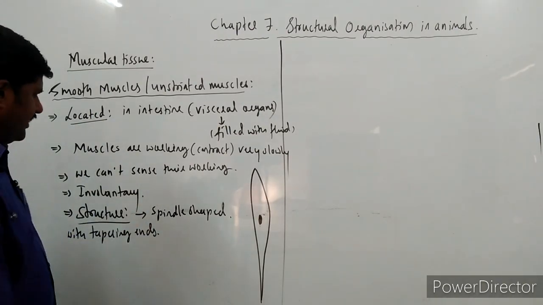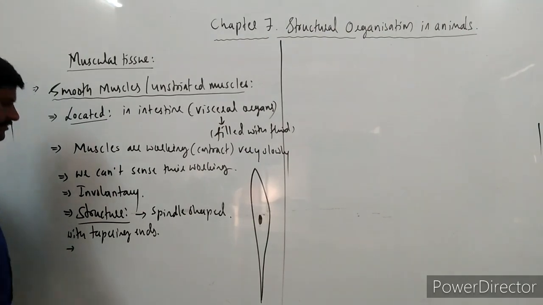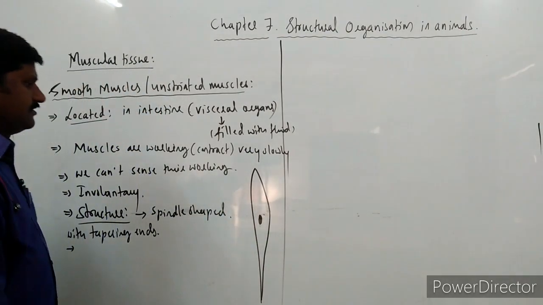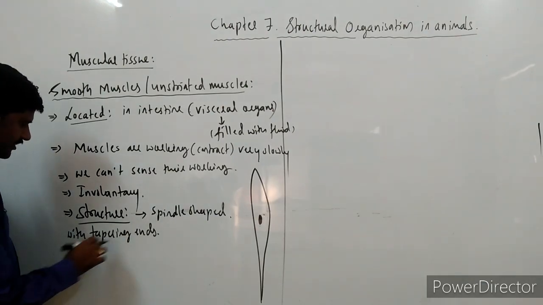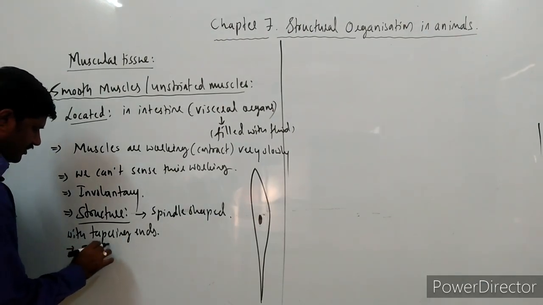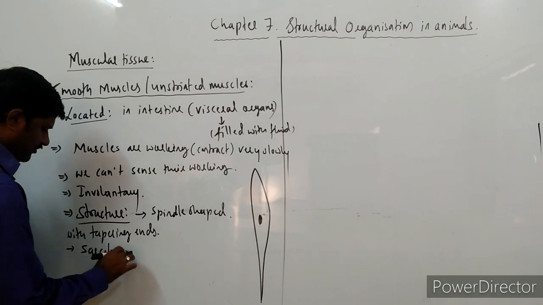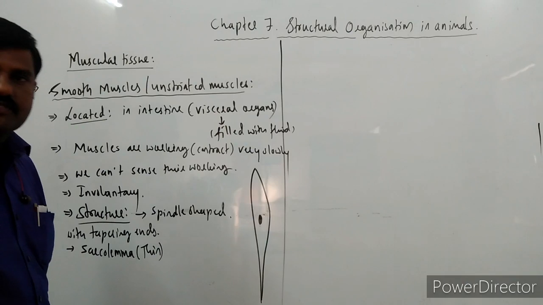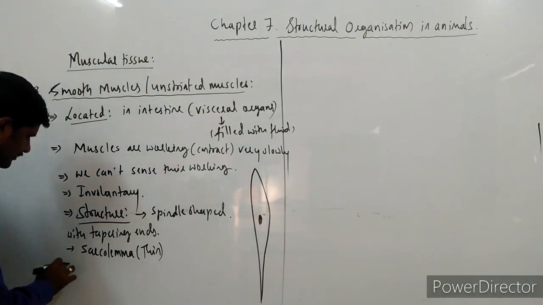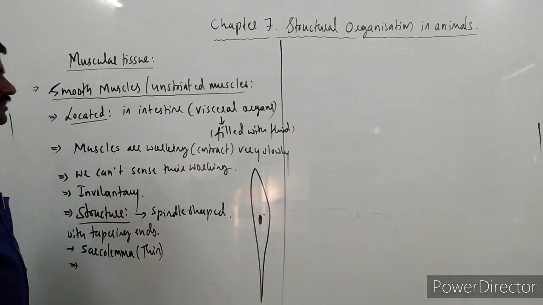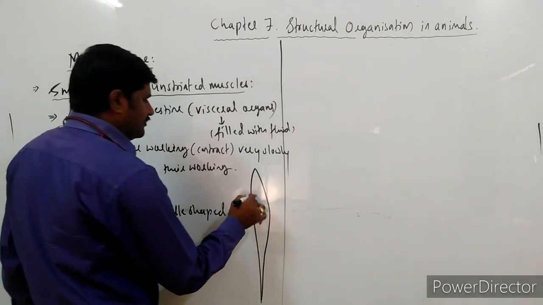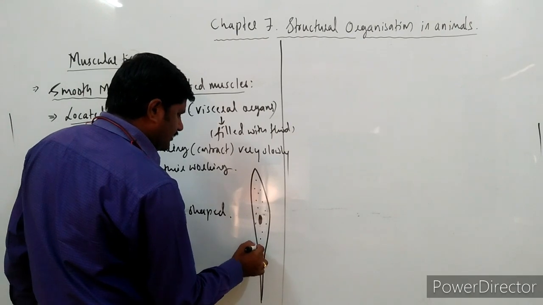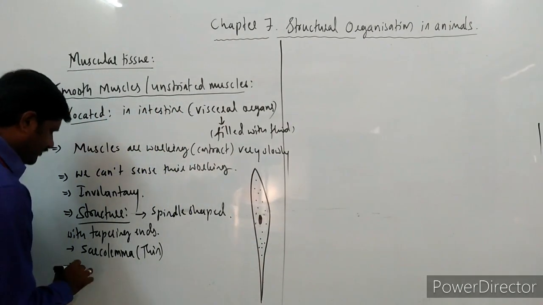They have tapering ends, and so these muscle fibers have plasma membrane. So that membrane is called as what? Sarcolemma, which is very thin, right? So sarcolemma is there. So that covers the cytoplasm within the cell, and that cytoplasm itself is called as